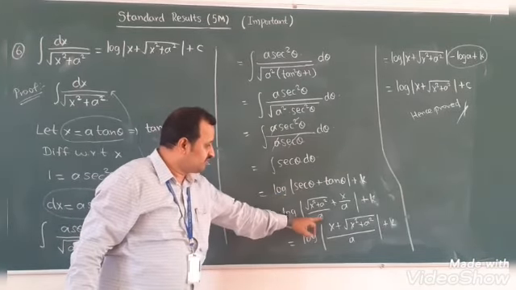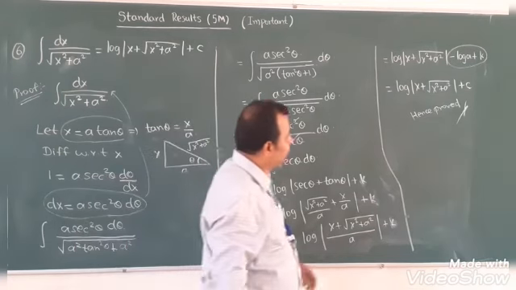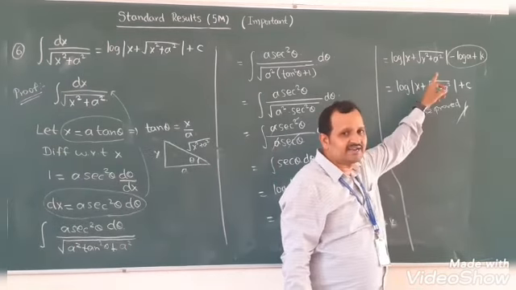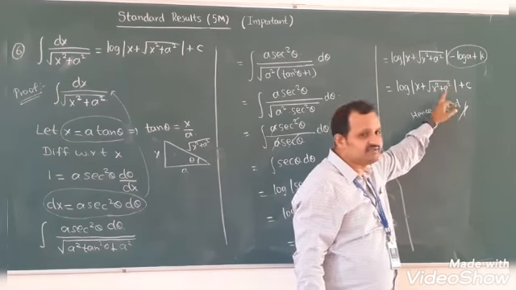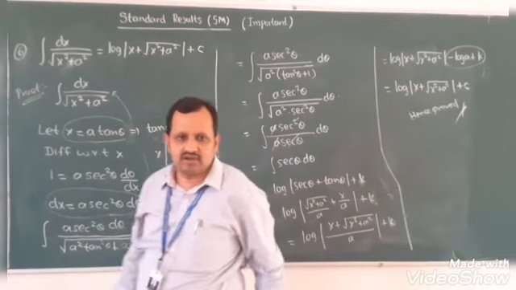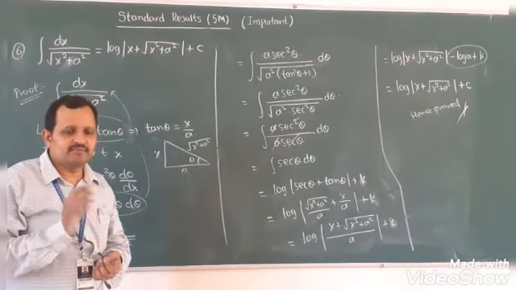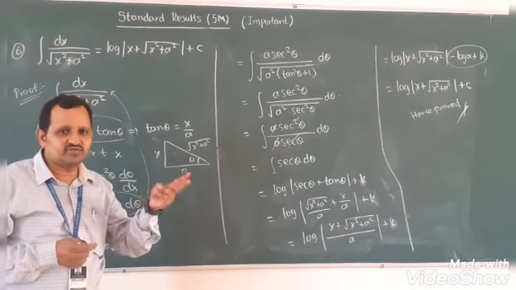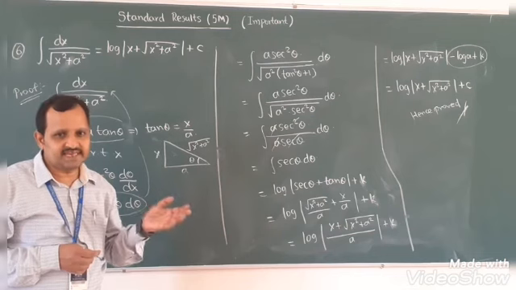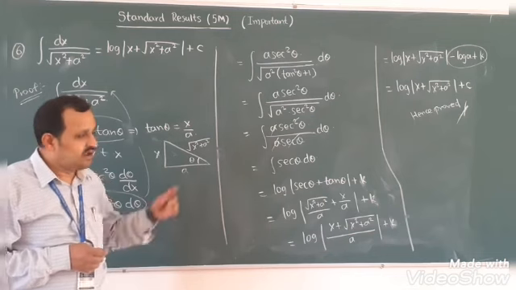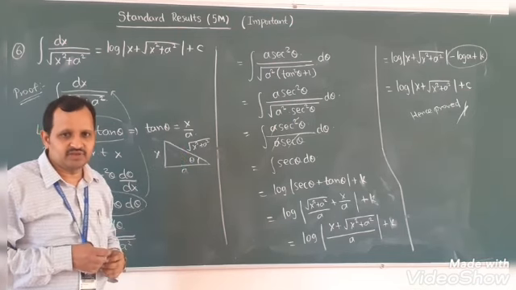So we get log of something in a by b form here. Log of a by b we can write as log a minus log b. Now k minus log a we can write as c, where c is nothing but the constant of integration. So in today's class we have seen 6 important results. The first two results are of the same type, the third and fourth have the same proof, and the 5th and 6th results have the same proof.